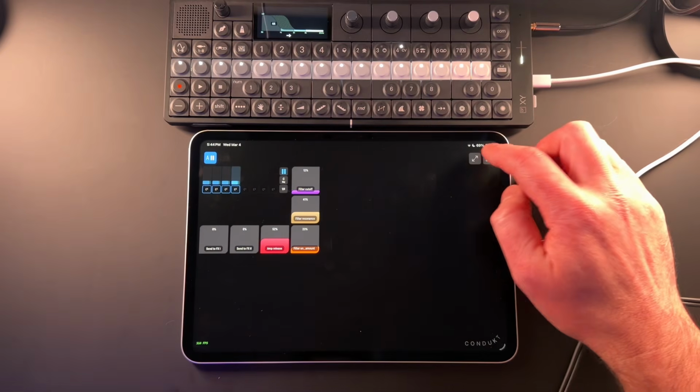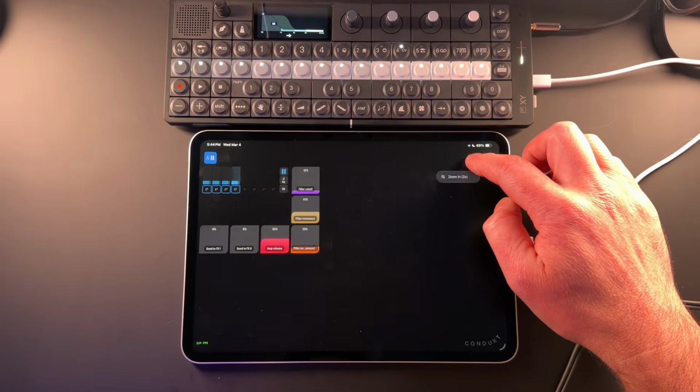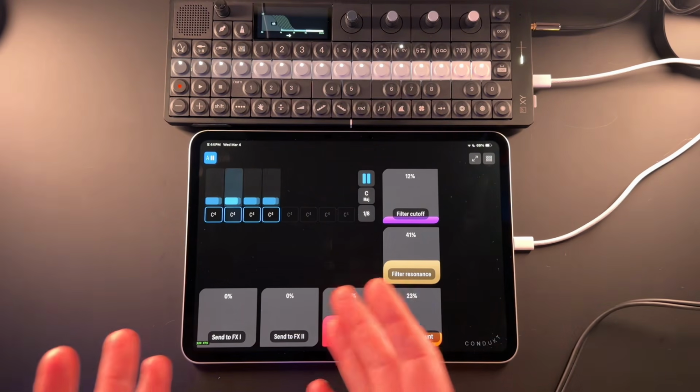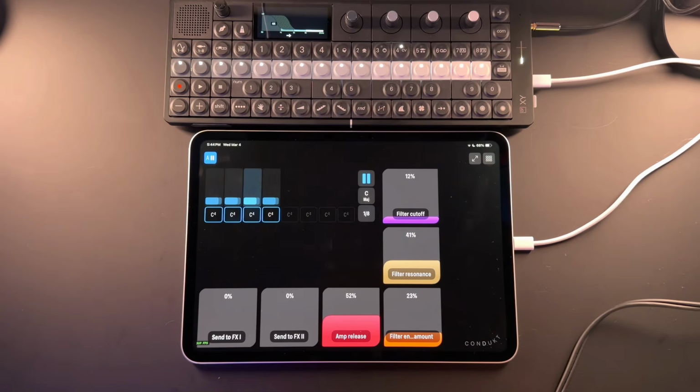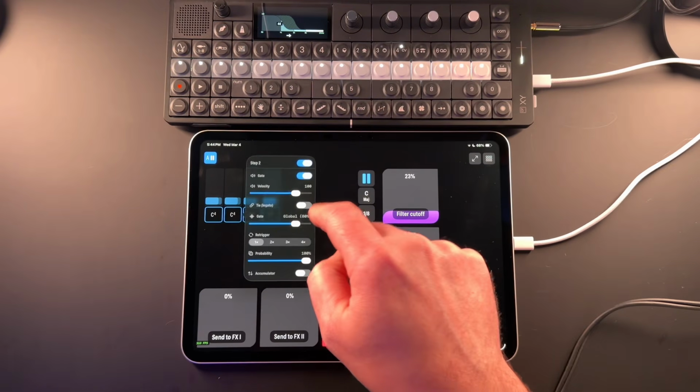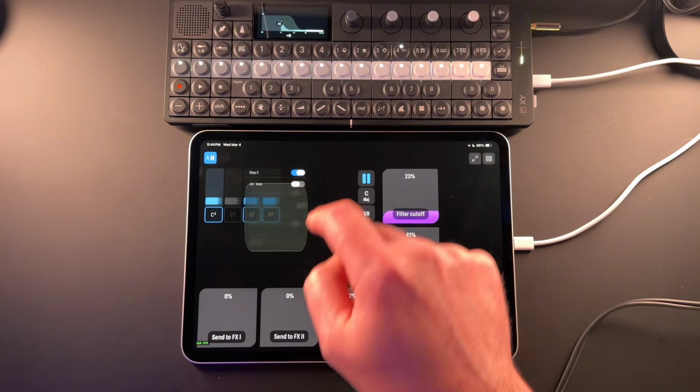There's another new feature. If you tap and hold on the zoom button, you can now do a 2x zoom of the screen. Very useful if you have a large device and just a few controls, and also very useful when you're demoing features. So, what we've added, I will turn one note to give it a bit of a